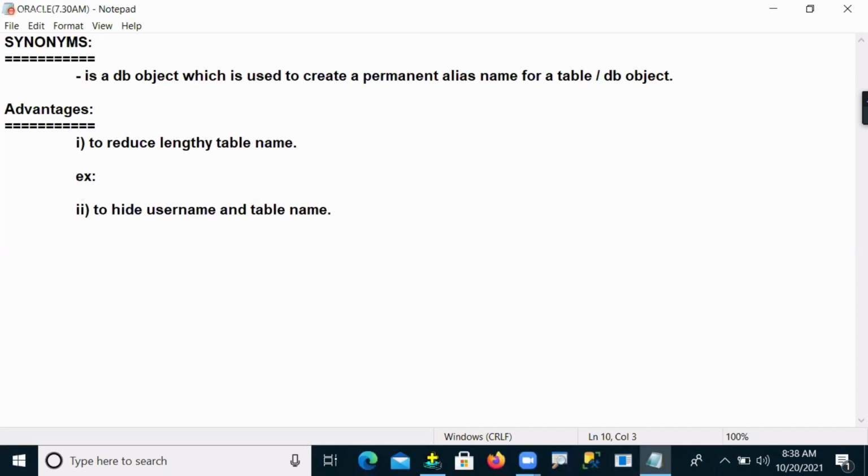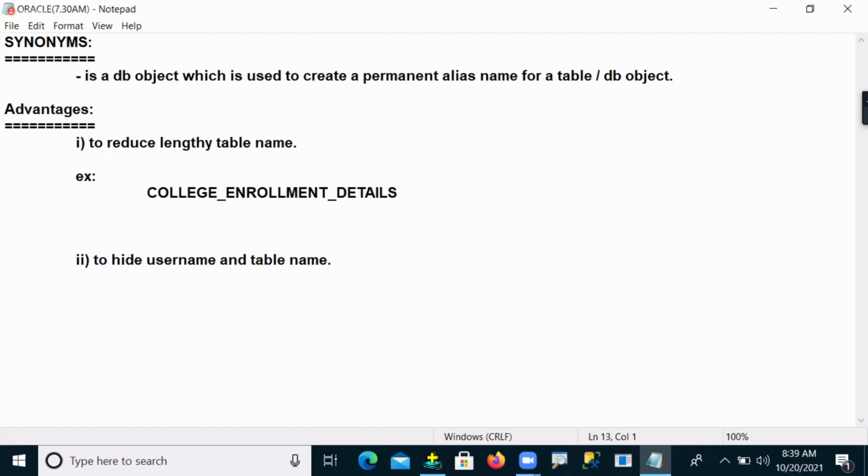So, how to reduce a lengthy table name? For example, you have one table. The table name is college enrollment details. This is one of my table names, and suppose this table name is very lengthy. When my table name is college_enrollment_details,